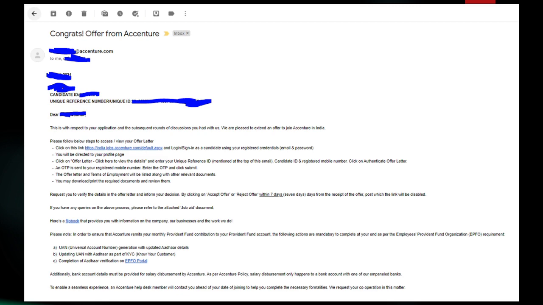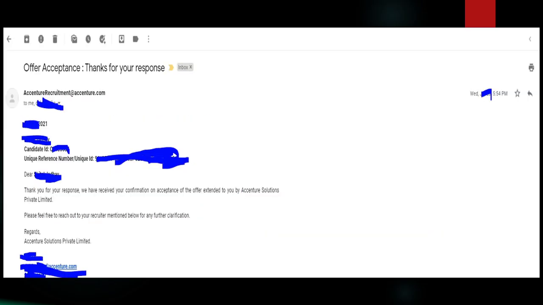In Accenture, you will get 7 days of time to think and take your decision on whether to accept or reject the offer. Once you accept or reject the offer, you will receive a notification mail, thank you for your response, which is the confirmation that Accenture received your response.